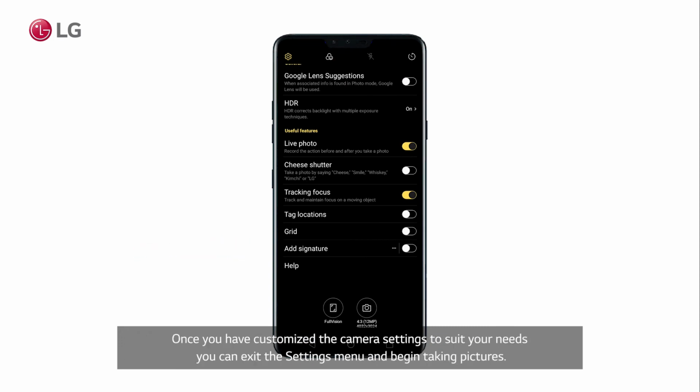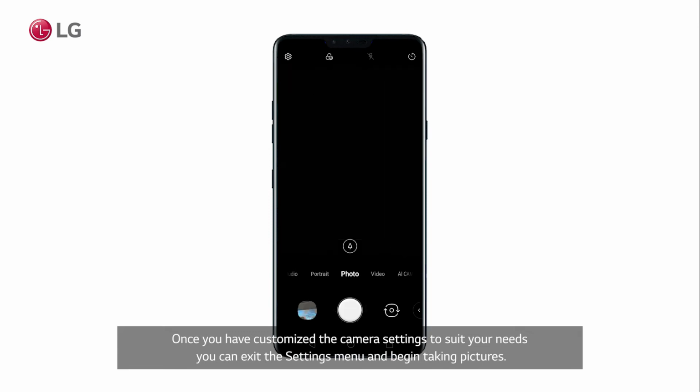Once you have customized the camera settings to suit your needs, you can exit the settings menu and begin taking